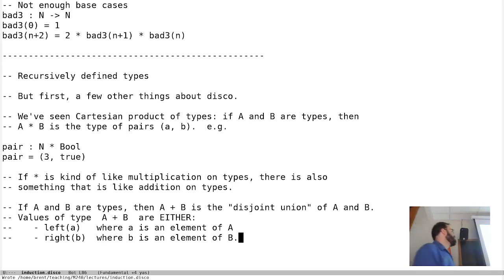Well, maybe let's think about what it means that it's a disjoint union. So we've talked about union of sets before, right? And the way union works is you just glom the sets together, and if they have any overlap, it just goes away. There's no duplicates. So if I have this set and this set, they share some elements. When I union them, I don't have any duplicates anymore, right? But what if I said, well, I want to union these two sets. I want to combine them into one big set, but I